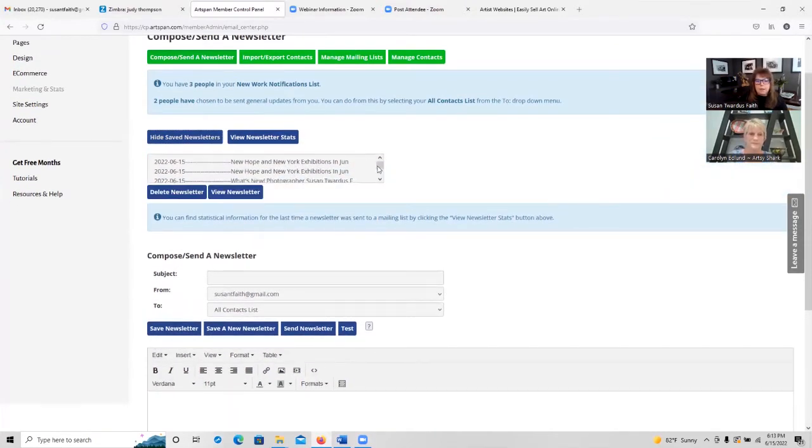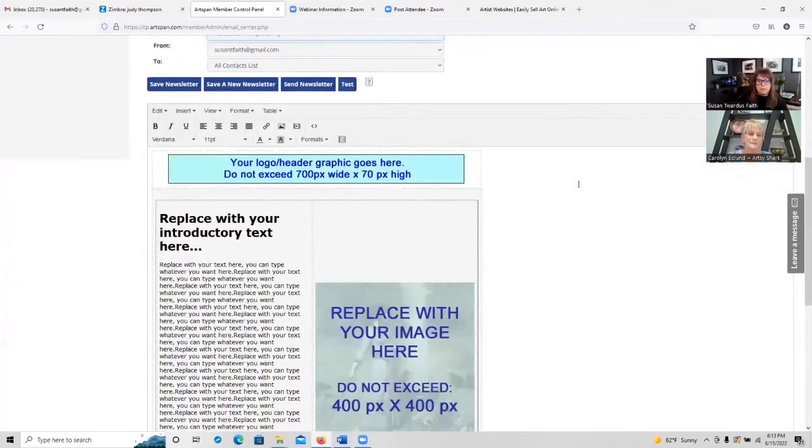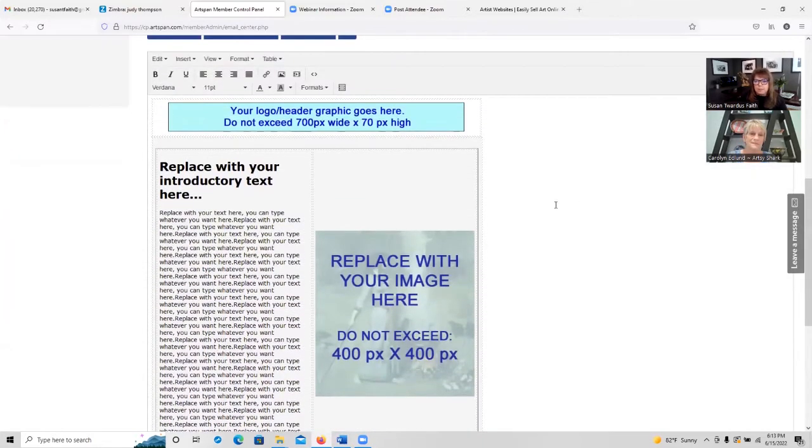Now, if you don't have any saved newsletters, what you'll see in this section is newsletter template 1 and usually newsletter template number 2. And I'm going to show you what that looks like. It is just what it says. It is a template and it is already formatted. So all you need to do is to plug in your information that you want to put in your newsletter.